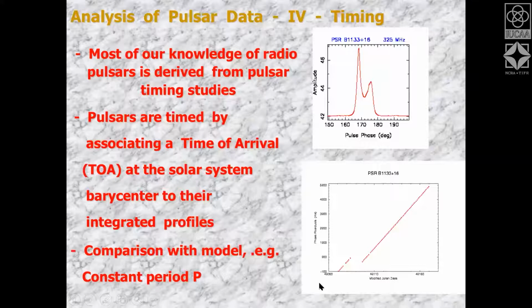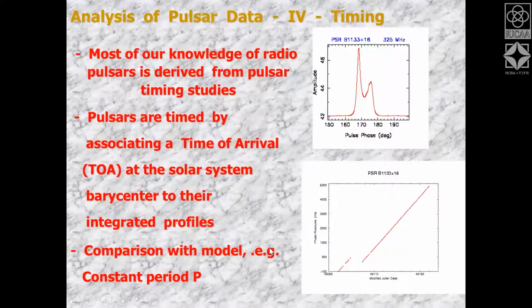If your model is correct, then you will find that your phase residuals are all 0. But if your model is not correct, then you will find a systematic in your phase residual. So for example, if the frequency of rotation of the star which you have assumed is smaller than the actual frequency of rotation of the star, then you will see that your phase residual will monotonically increase, like in this particular plot. Okay. And how much it increases as a function of day will tell you what is the correction which you have to apply to get the actual frequency of rotation.